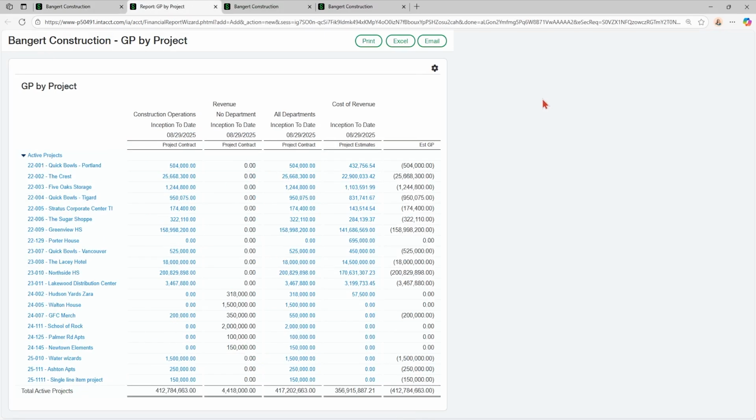So it's basically going to split out my projects then by department. So I have my construction operations, they're all going to construction operations. So not a very good example, but it's giving me different columns and then no department. These ones are not linked to any department. So I have my construction operations and I have my no department. And then this is the column for the totals.